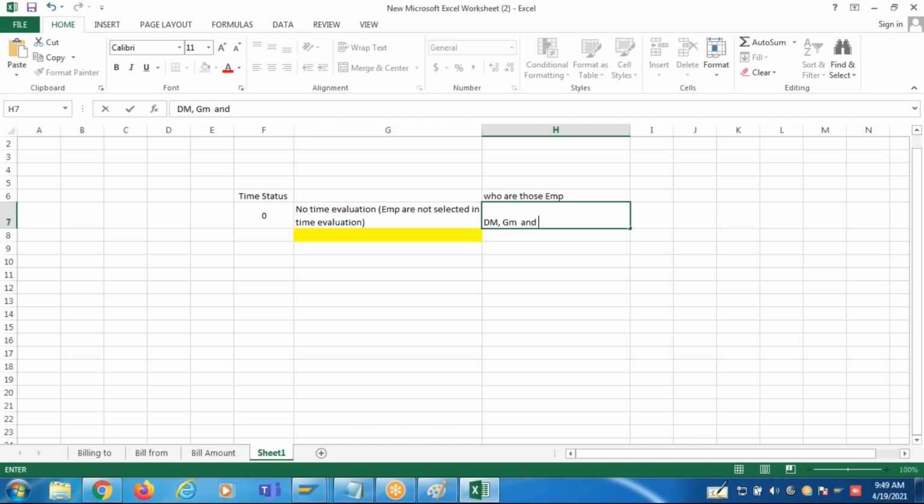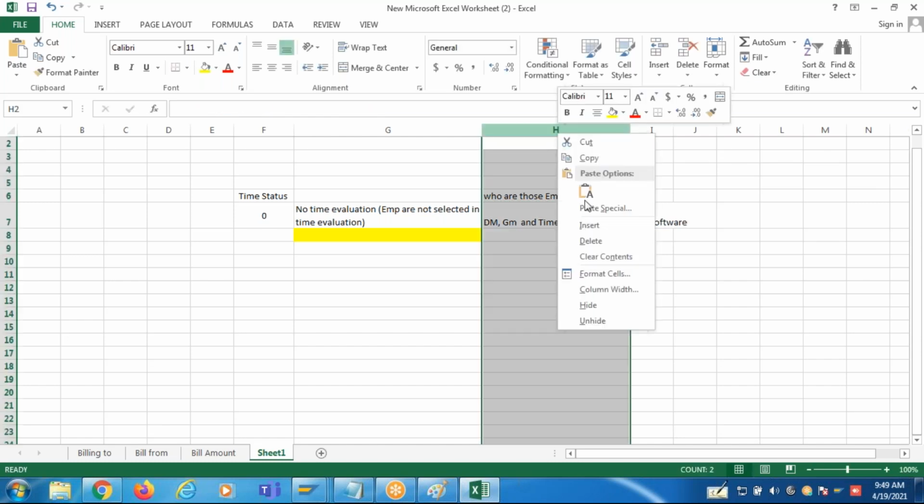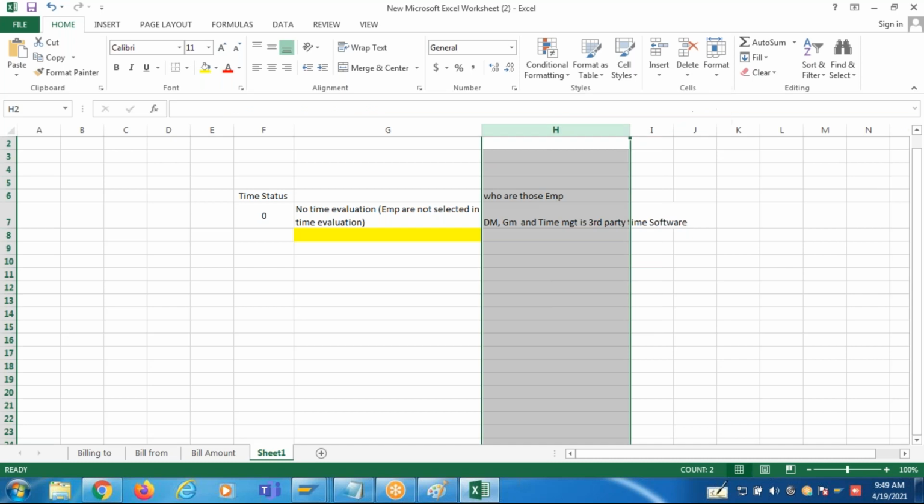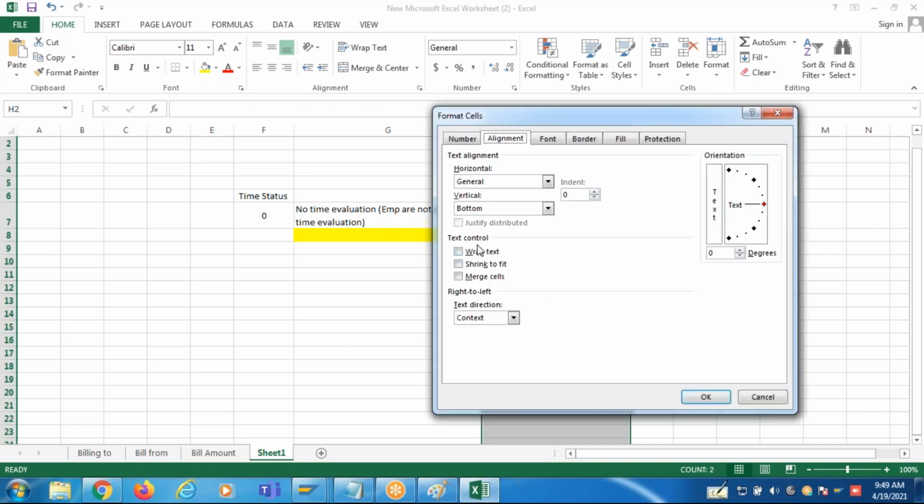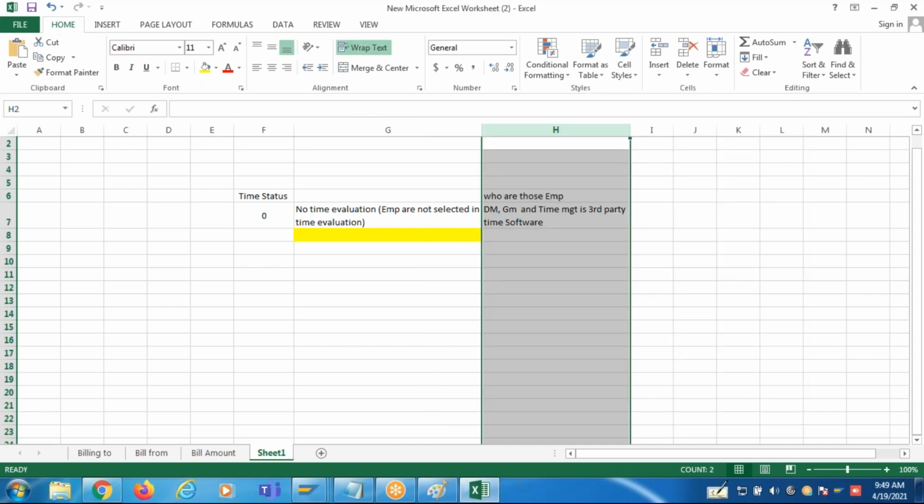And also, if time management is not used in SAP and is in third-party time software. There are many third-party time softwares provided by the vendors.